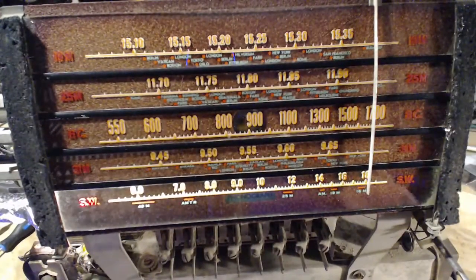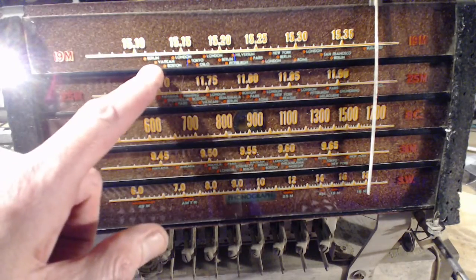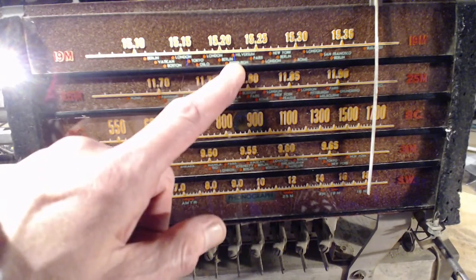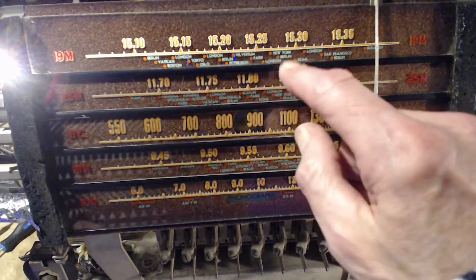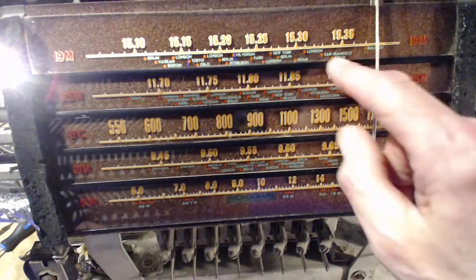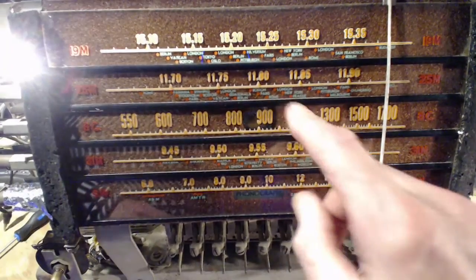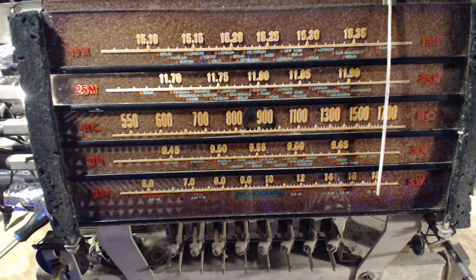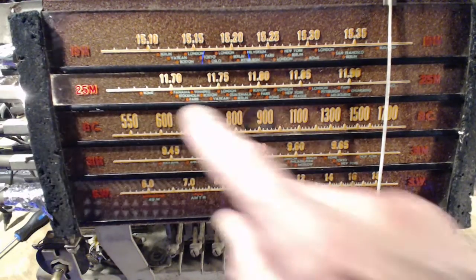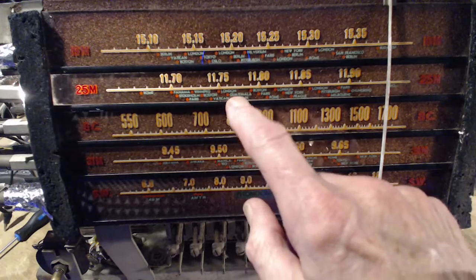And the other thing I really get a kick out of with all these radios, let me turn a different band on here, is all the names of all the cities. Pittsburgh, Hilversum, San Francisco on shortwave, and this guy's not lighting up so well. I'll have to work on the lights a little bit. Rome, Panama, Guatemala,